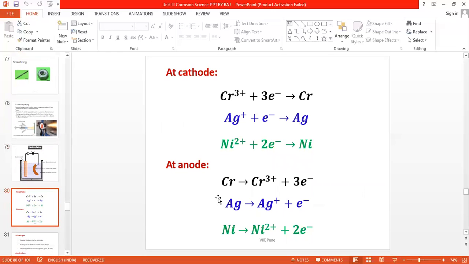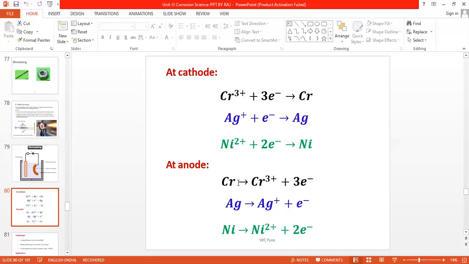Now, at the cathode, as usual, there is a process of reduction. Well-known examples, as I have said, are silver plating, chromium plating, and nickel plating, and mainly it finds application in the automobile industry, in refrigeration, etc. At the cathode, if it is a chromium coating, the chromium ion will gain electrons coming from the anode and form a chromium neutral atom. If it is silver, it will gain electrons to form a silver neutral atom, or a nickel neutral atom.